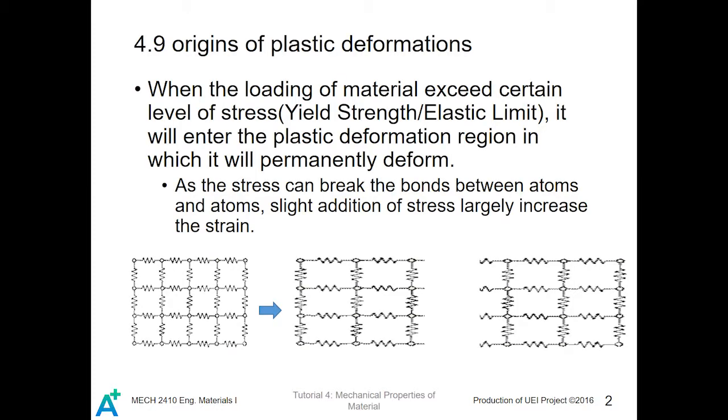When loadings of materials exceed a certain level of stress, like yield strength or elastic limit, the material will enter the plastic deformation region, in which it will permanently deform. This is because the stress can break the bonds between the atoms, and that's why in the plastic deformation regions,